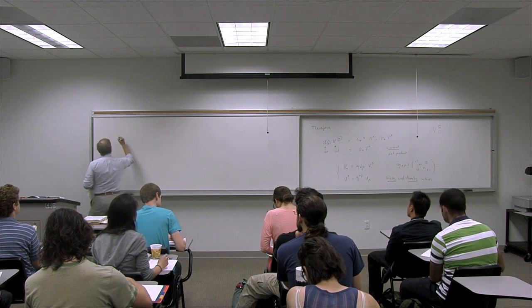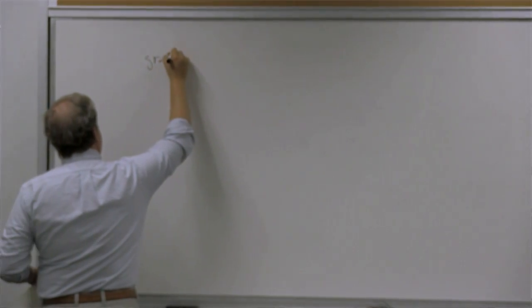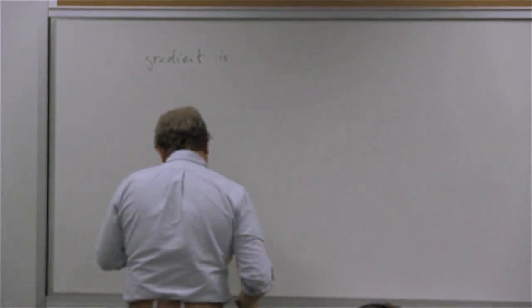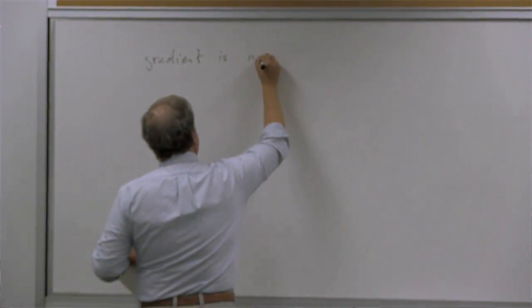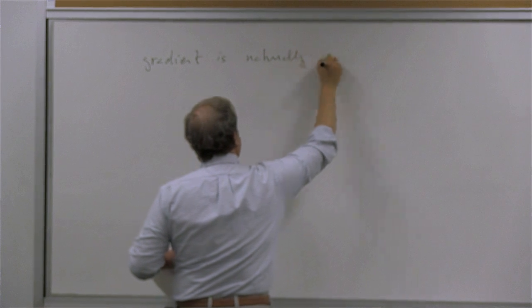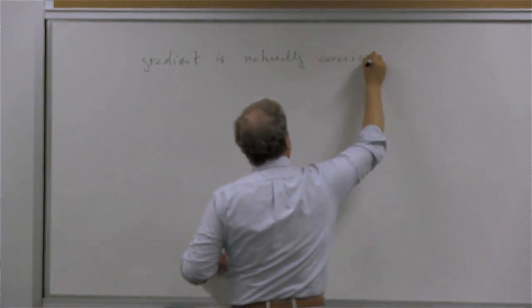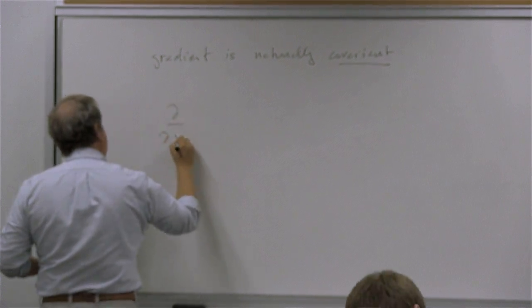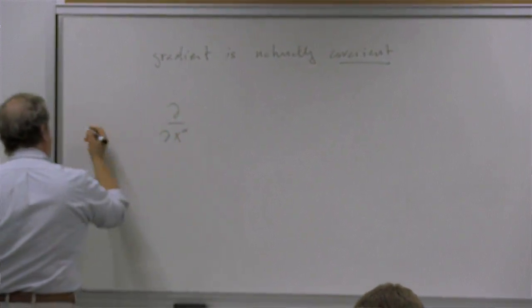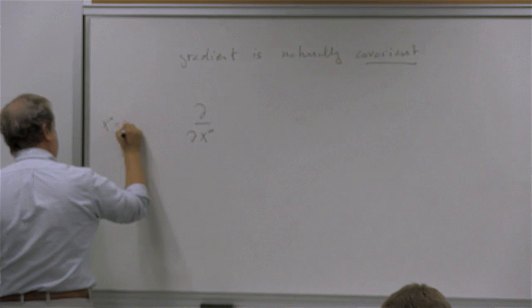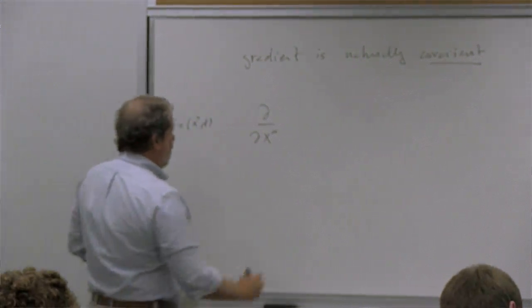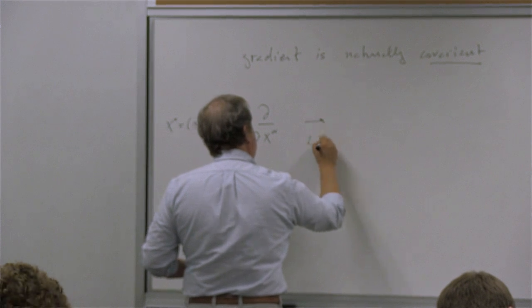So we have the gradient, and the gradient is naturally covariant. Covariant because if we take d by dx alpha, now remember, when you have the index up, this is x and t, right? So it's a natural object. So when you do a Lorentz transformation,